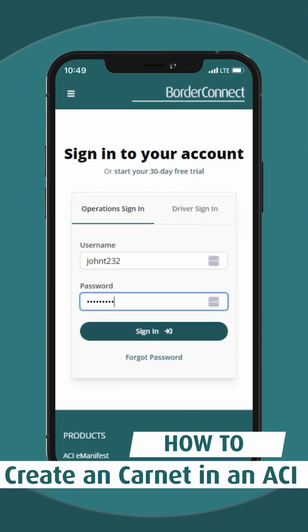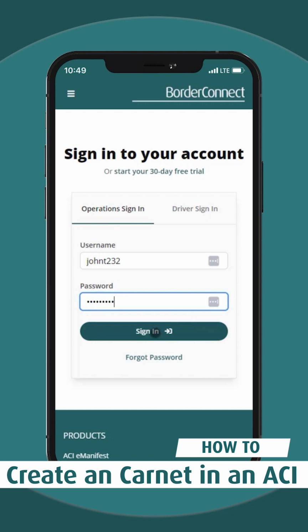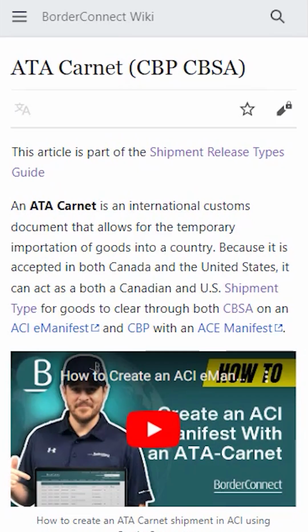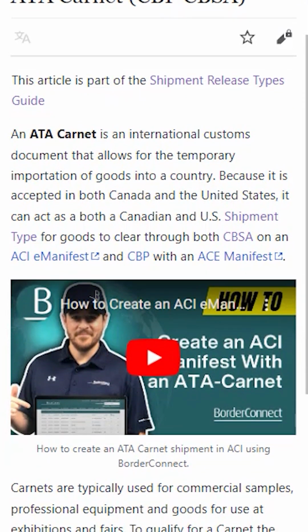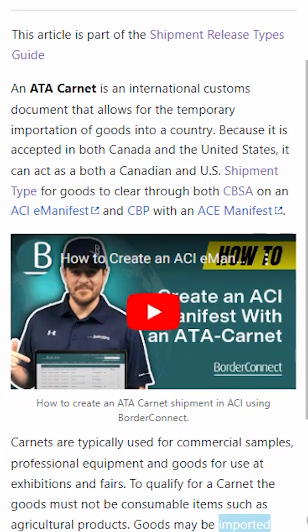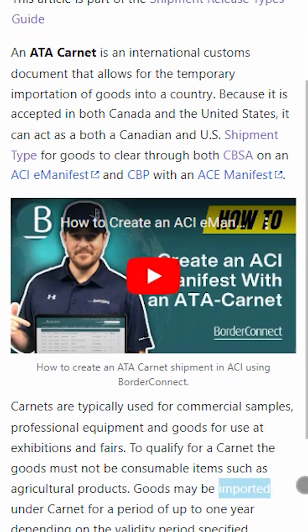In this video, I'll show you how to create an ACI eManifest with an ATA-Carnet shipment using BorderConnect on a mobile device. An ATA-Carnet is a release type and an international customs document that allows for the temporary importation of goods into Canada. Carnets are typically used for commercial samples, professional equipment, and goods for use at exhibitions or fairs, for example. The goods can be imported under a carnet for a period of up to 1 year, depending on